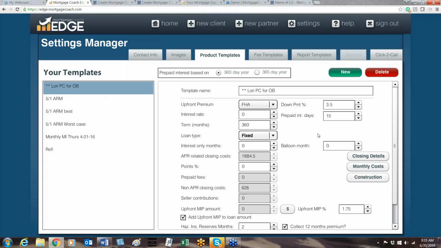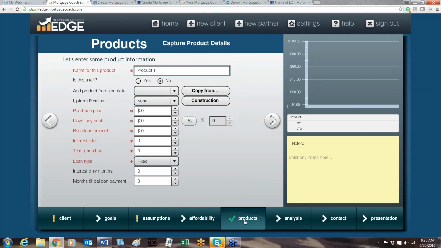So now let's take a look at the presentation, or how to create a presentation using that product template, Lori PC for OB. I'm just going to cheat for a moment. I'm going into New Client so we can focus solely on how to apply that product template. Now I'm in the products, and I'm going to put in my purchase price of $350,000. You can see there's no data at all, just started. And now what we want to do is go into